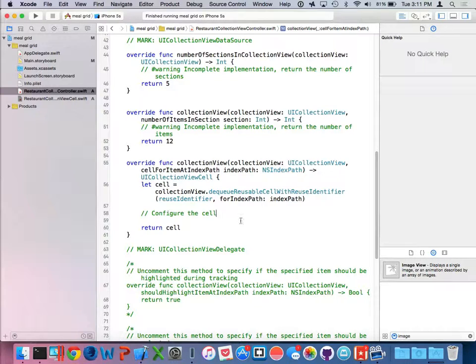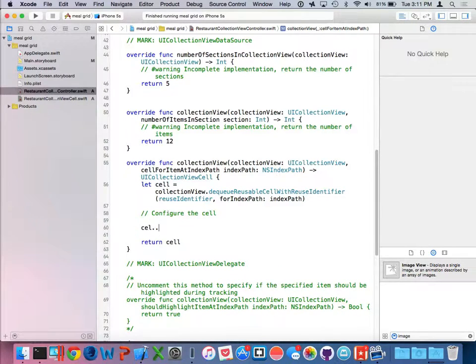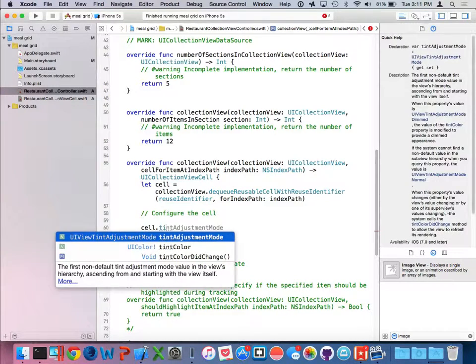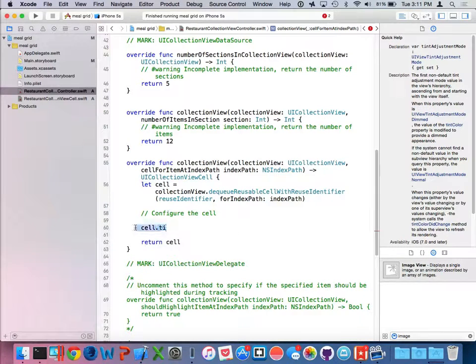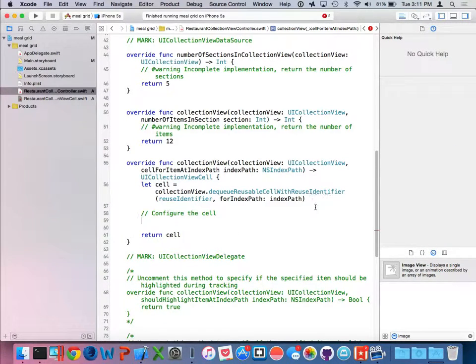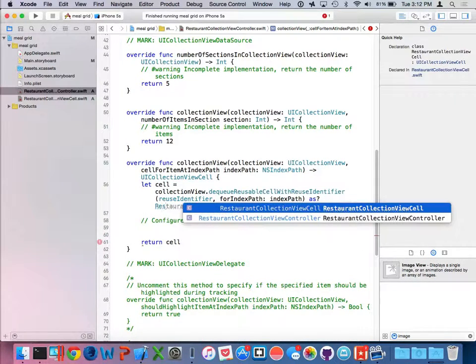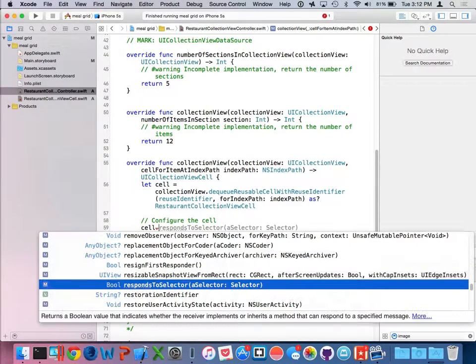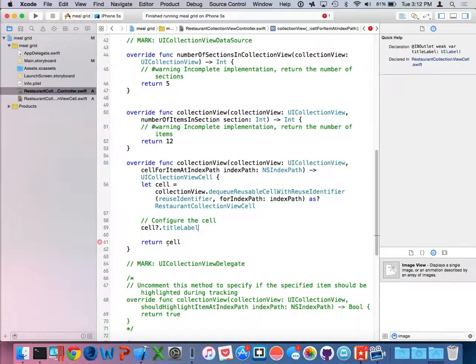Well, let's see what happens. I bet I'll get an error. If I say cell dot, I want to say title label, but there's no title label. What's going on there? The problem is I need to make sure that I dequeue it as my data type, my cell type, which is a Restaurant Collection View Cell. So now the cell object should have a title label, and